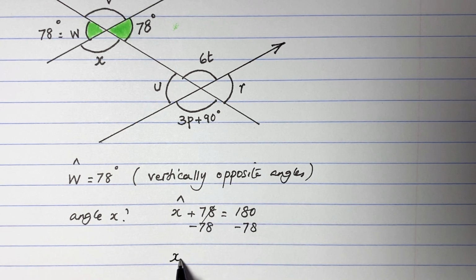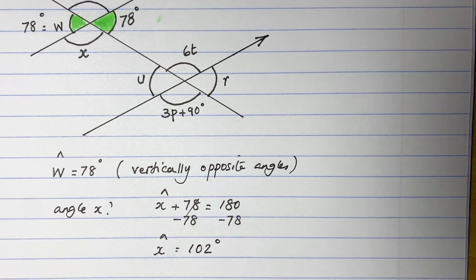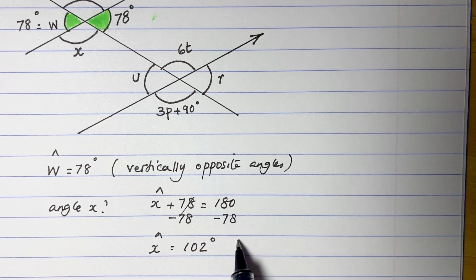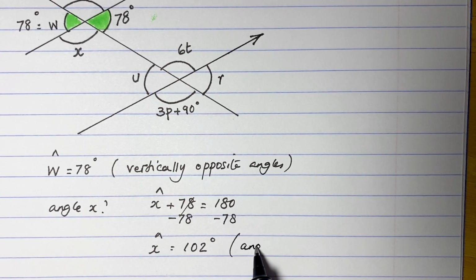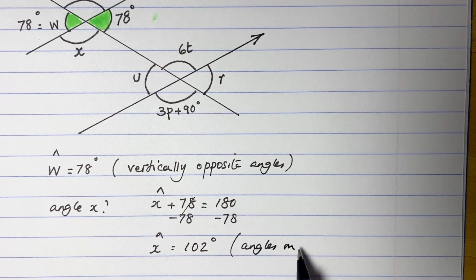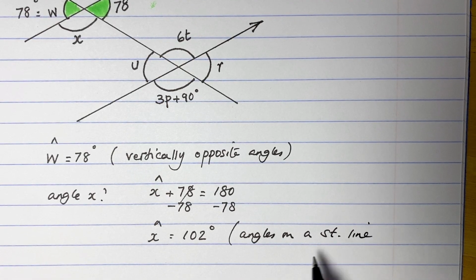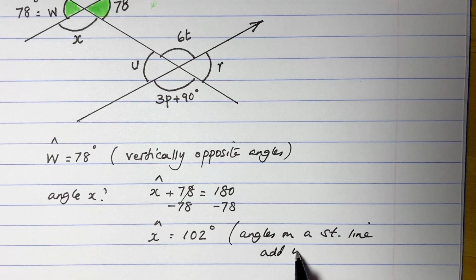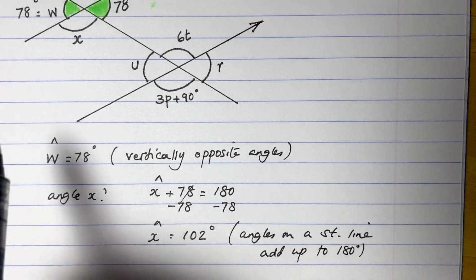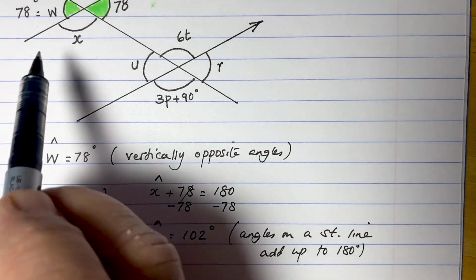So X would be 180 minus 78, which is 102 degrees. And then you write angles on a straight line add up to 180 degrees. Okay, so X would be 102,